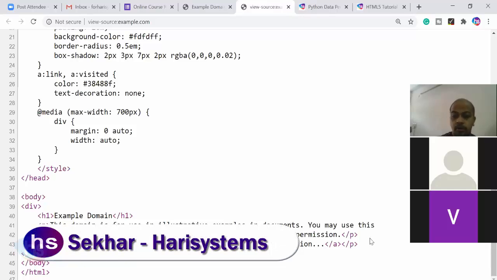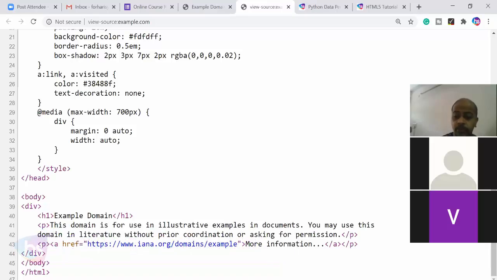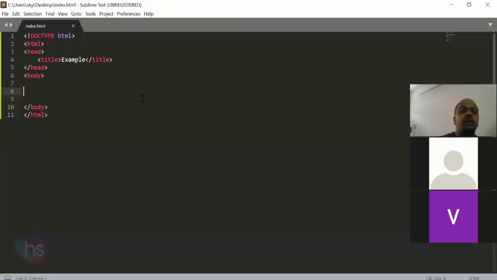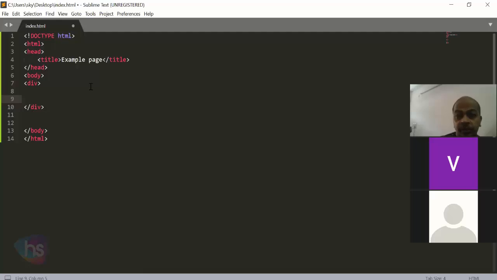Okay. Now we'll see a simple example of an HTML form here. Just see here, I have prepared a title, example page. Alright, this is the title I have written, and in the body I'm writing very simply. I'm placing a div tag here. See, on tab, the open and end tag come automatically. And I would like to explain something regarding this information.